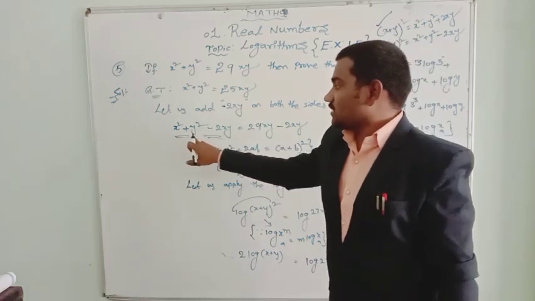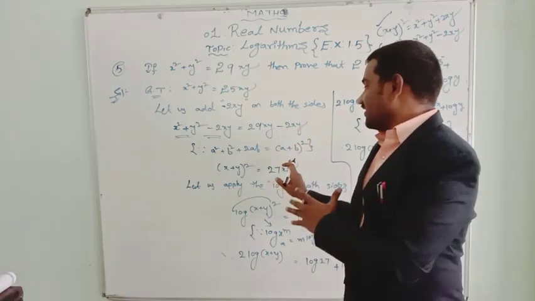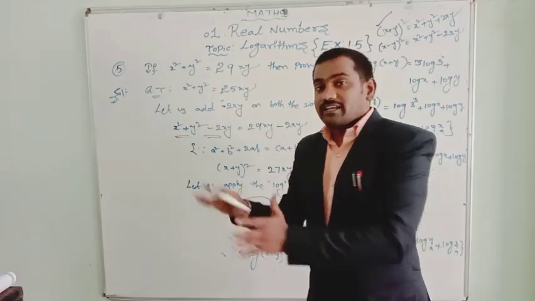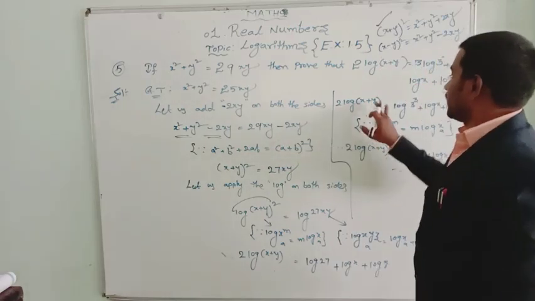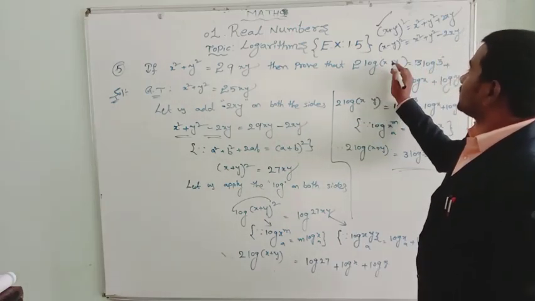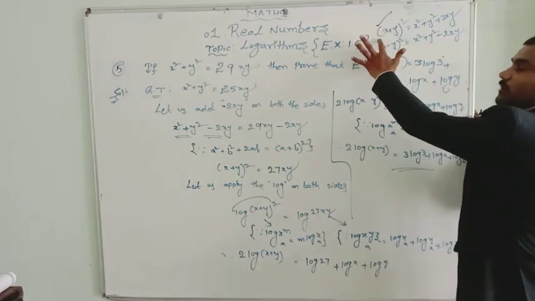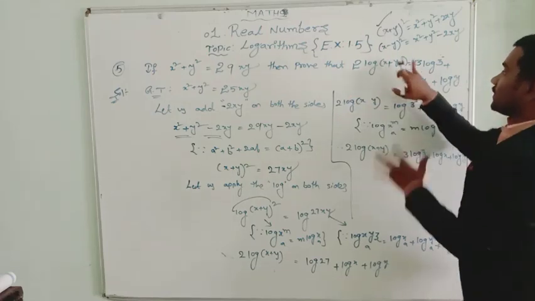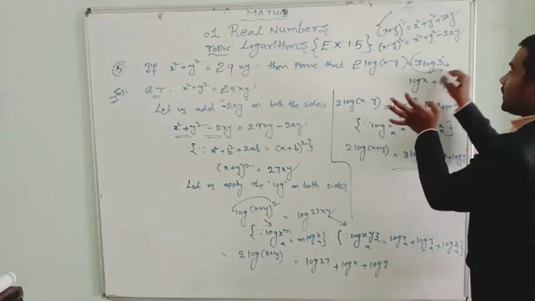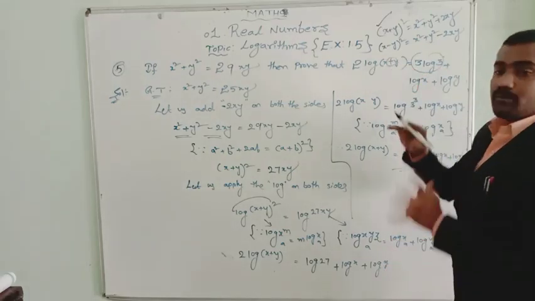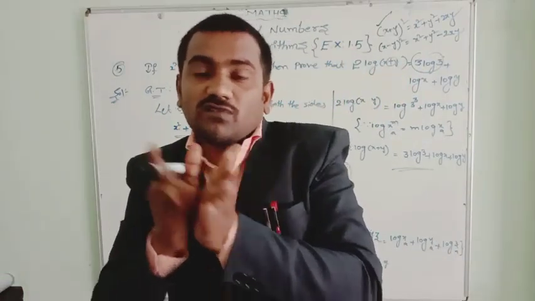So here x square plus y square minus 2xy, and 29xy minus 2xy, that is 27xy, in the next step. That means a minus b whole square. You will get 27xy, but here they will ask you to prove it with minus xy. If it is plus, we use the a plus b whole square, that means x plus y whole square. If it is minus, we use x minus y whole square. Based on the first step, whether it is plus or minus, that is what we need to remember. If it is plus, you go for the x plus y whole square formula.